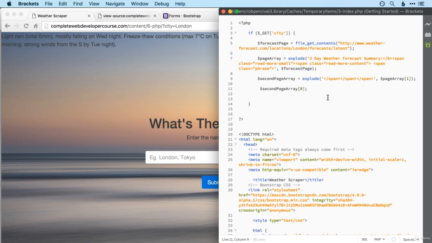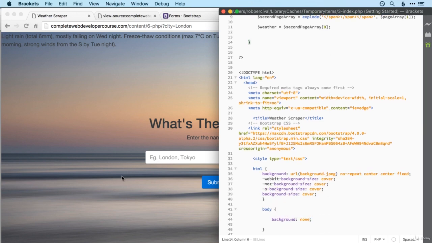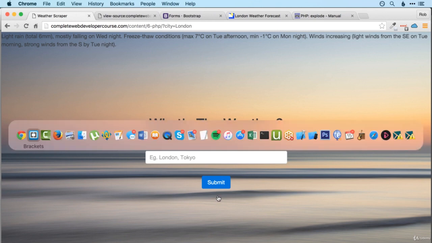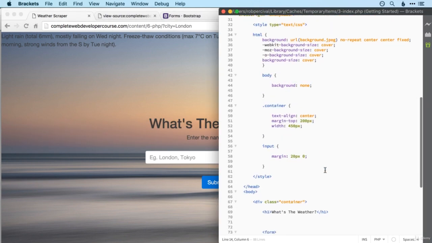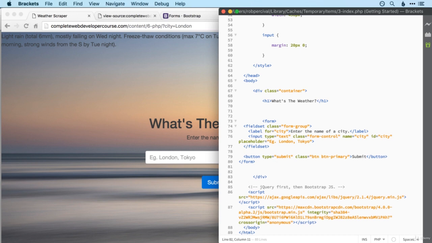And let's give it a nicer variable name as well. So I'll just call it weather. Weather is equal to that. And then we're going to display the weather underneath the submit button down here. So we're going to need a div to do that. So we'll have ID is equal to weather. And then we can just put some PHP right in there